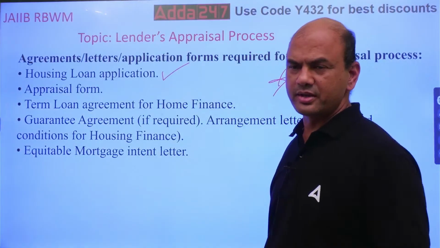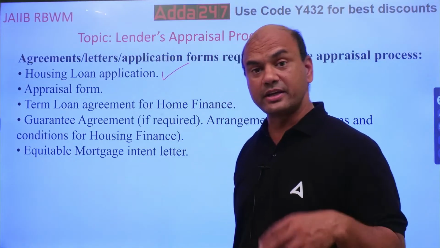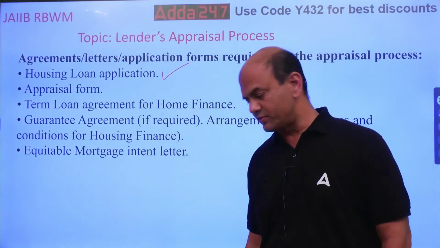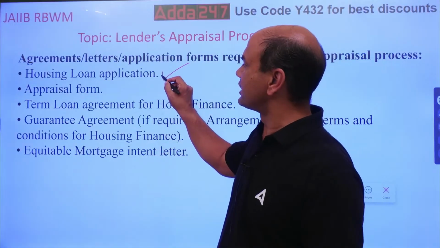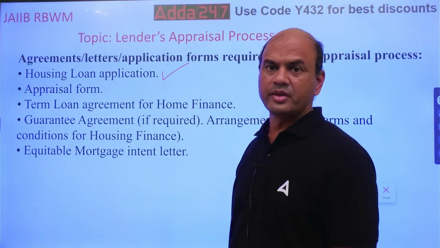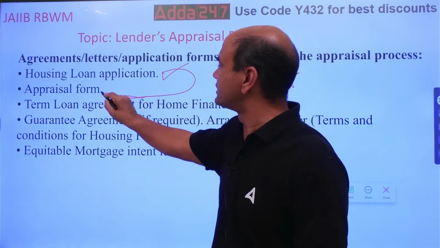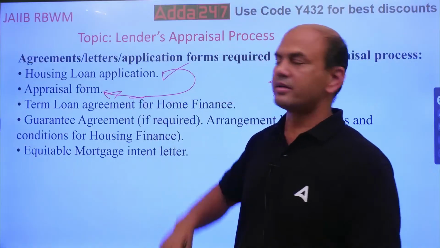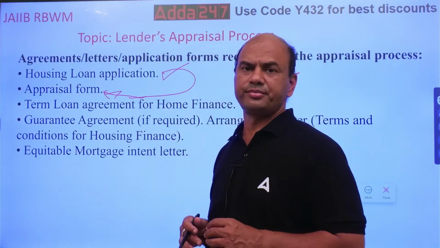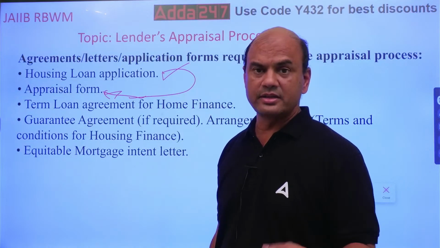Already I have discussed this point. Next, the appraisal form. The appraisal form is from your inside, meaning it is given from your bank. From the application you'll get the income and various positive and negative lists, everything. The appraisal form will have the details from year to year, and then we'll prepare it and check. It is an internal document. We will check whether the person suits or fits the criteria.